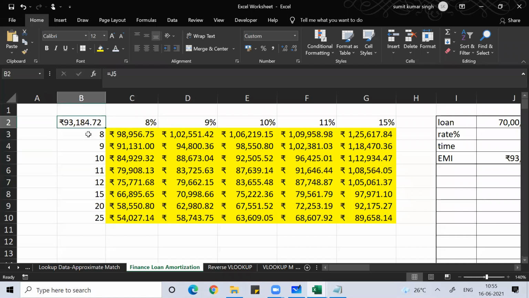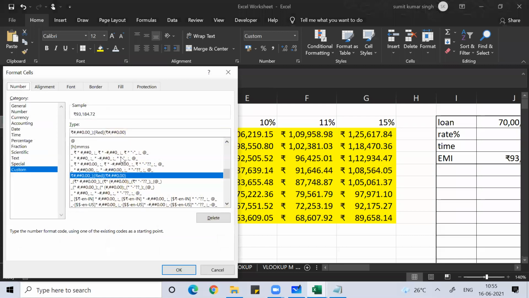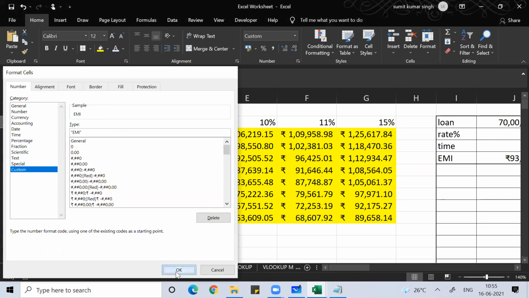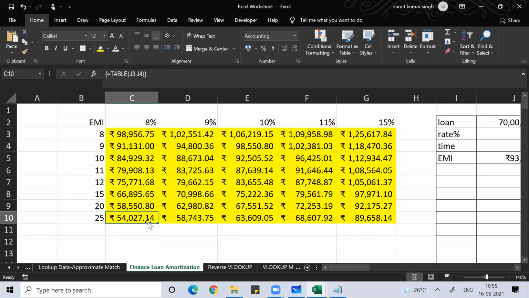You can change this cell: Control 1, go to custom, go to general, and under general write "EMI" in double quotes. Press OK. So this is a two-way data table.